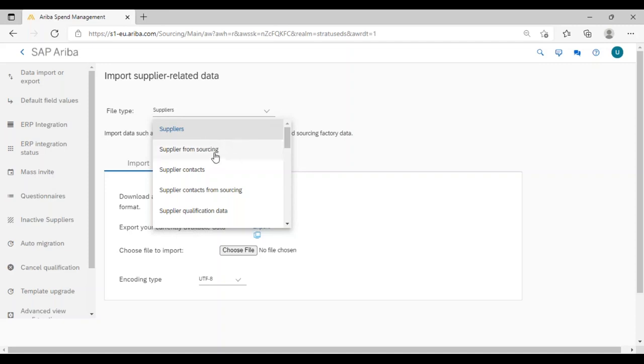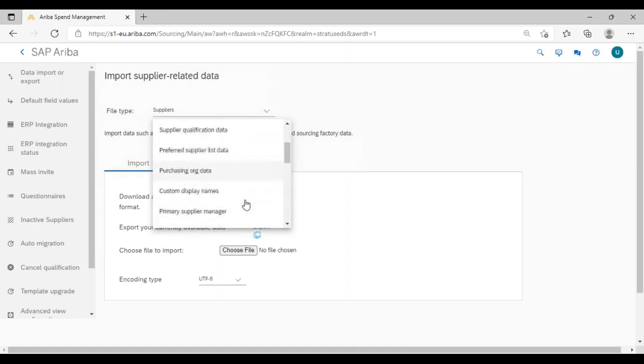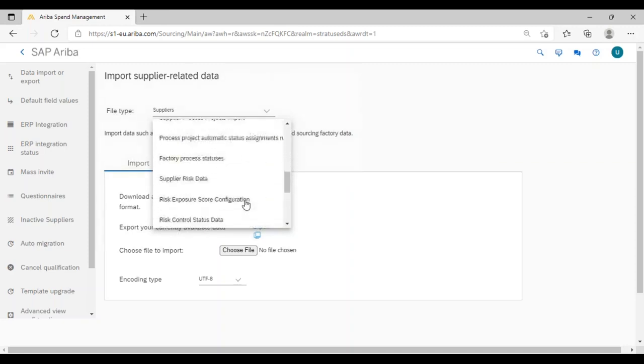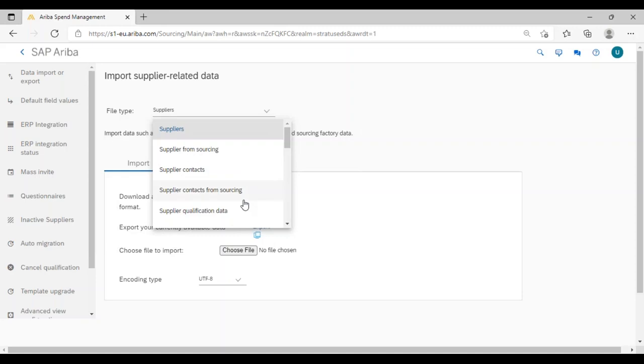Like we have the supplier, supplier from sourcing, supplier contact from sourcing, qualification data, preferred supplier, purchasing org, and many more here. But relevant to us, generally we have to use these two files. One file is the supplier, and the second is the supplier contact. These two files we have to use whenever we have to import our backend SAP system suppliers to the